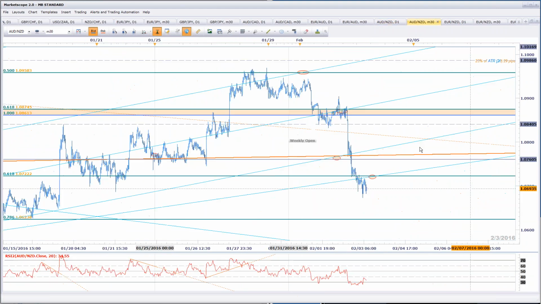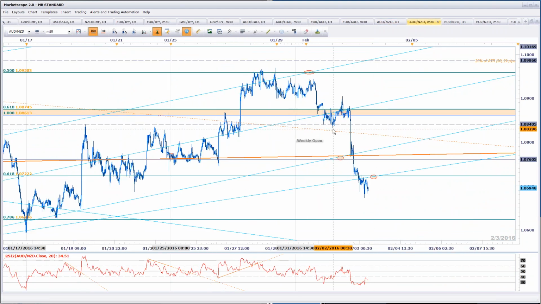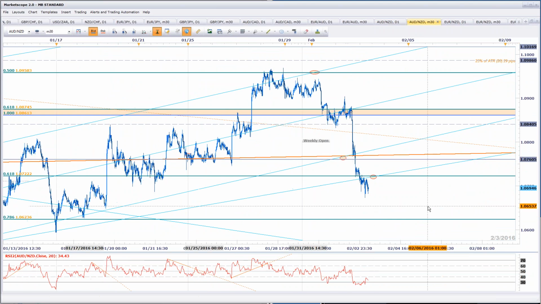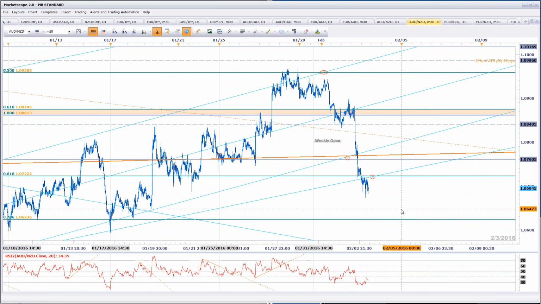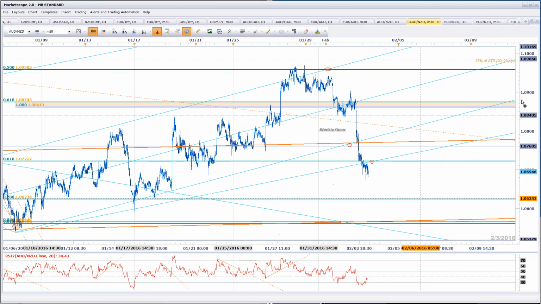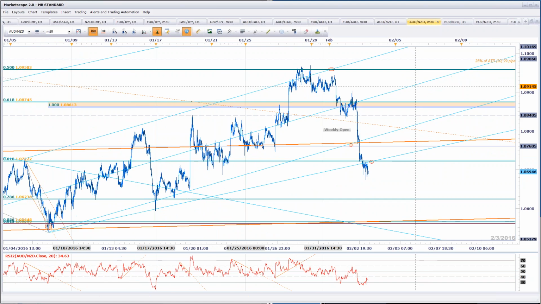I'm not sure what the idea of getting long was. In fact, if anything, this was a simple break of the weekly opening range low, right? So this shifts your focus to the downside. These are two targets that we noted yesterday. So at this point, now maybe start to look for a possible recovery, but I'm not sure, Craig, where you said the entry was